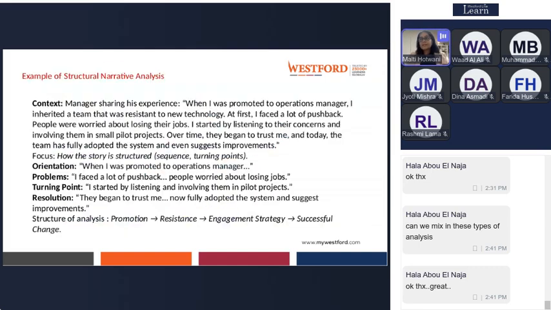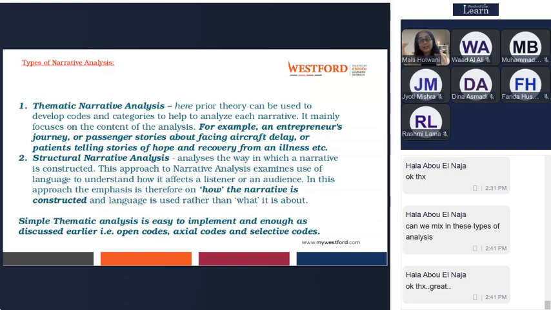That is how thematic narrative analysis happens. You try to build some relationship between the themes and codes that you have developed in the thematic analysis. That's called thematic narrative analysis.